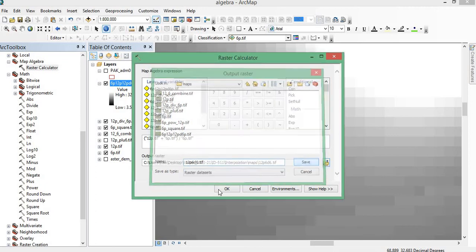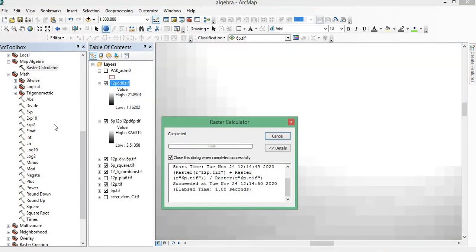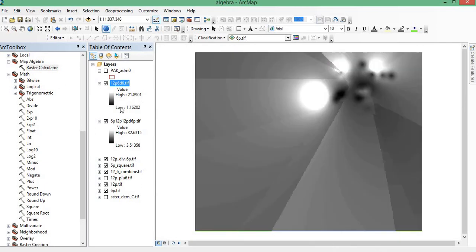And save and OK. Now we will see the data. It is in 12p plus 6d6. It is in 1 to 21 point something. And now we are getting here the data in points. I mean to say the data in float, the data in decimal points.